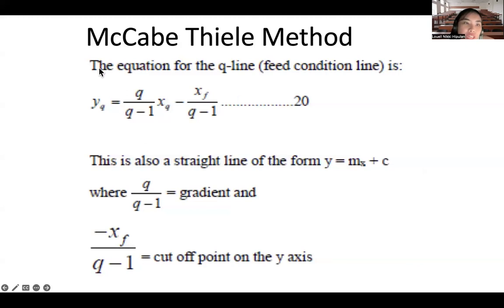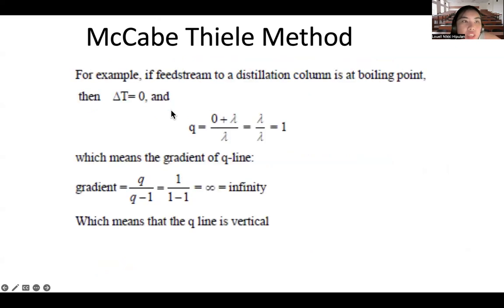So, therefore, one of your equations is this. This equation is what you call the Q equation, for the Q line or the feed condition line. Here, you can relate your feed to this equation, your third equation. Your Q line equation is also in the form of a linear equation. This is your slope or gradient, Q divided by Q minus 1, and this is your cut-off point or your y-intercept. So, for example, if your feed